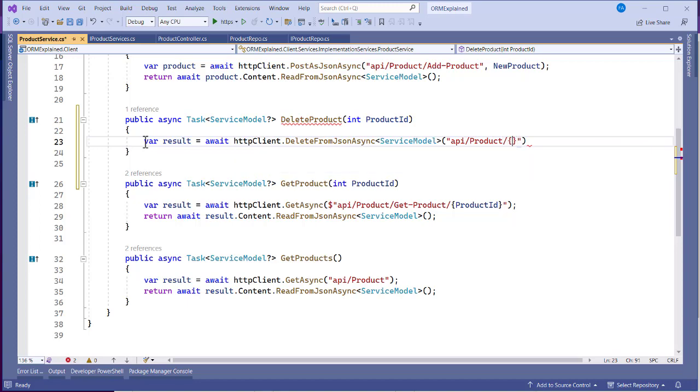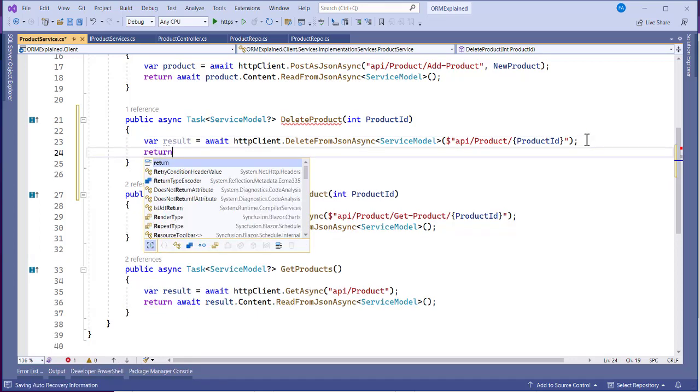Then here we pass in the product ID. You close this, but we have to come back to this here and pass in this special character to make this look like a variable. Okay, so when we are done, we can return results,